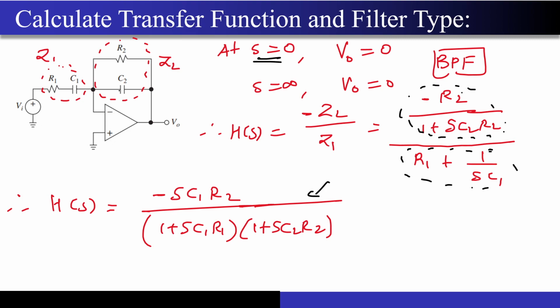If you put S equal to 0, this acts as an open circuit. Again, this acts as an open circuit. If this acts as an open circuit, again there is no connection between the Vi and Vo. This path is now open circuited. Correct? So I expect my Vout to be equal to 0.